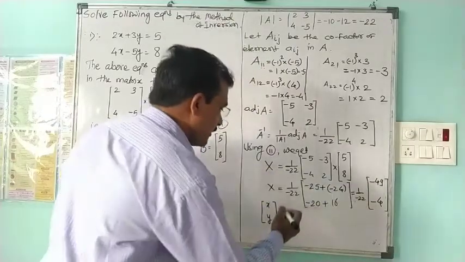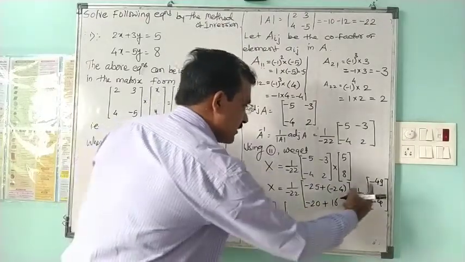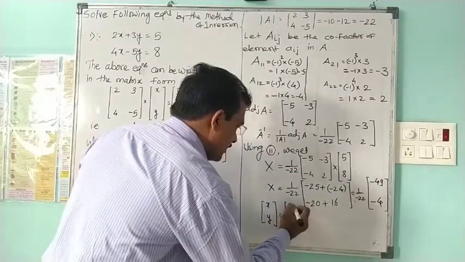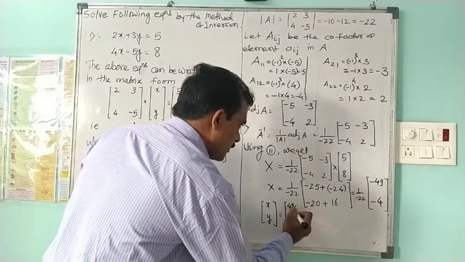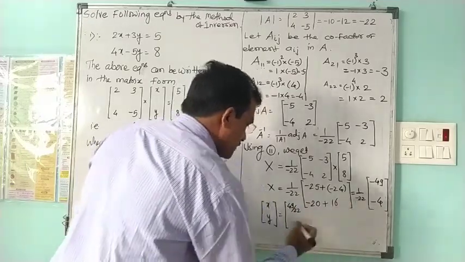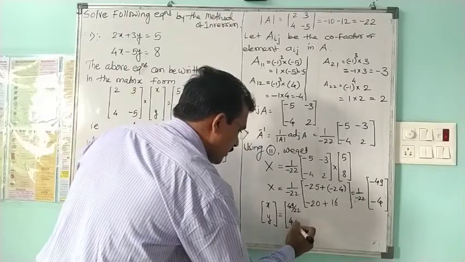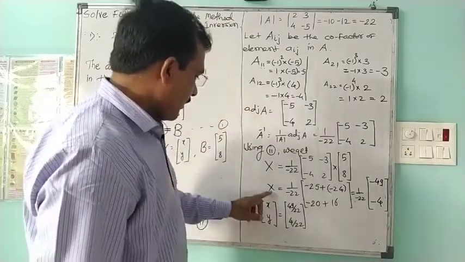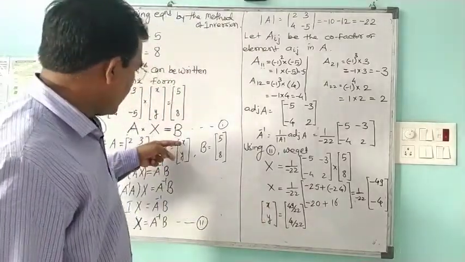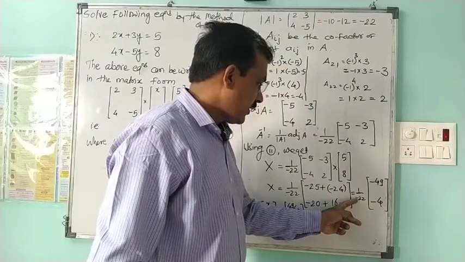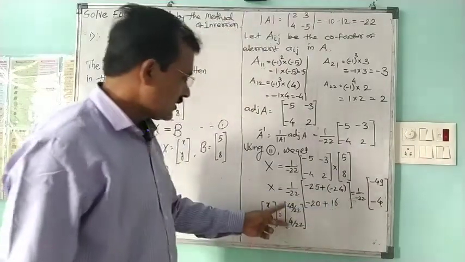So first number will be, after division, negative upon negative, this will be positive, and 49 upon 22, and negative upon negative, so this will be positive, and this will also be 4 by 22. So capital X is replaced by its original value small x and y, and by dividing each number by minus 22 we are having this value as